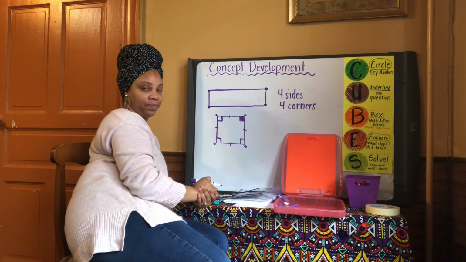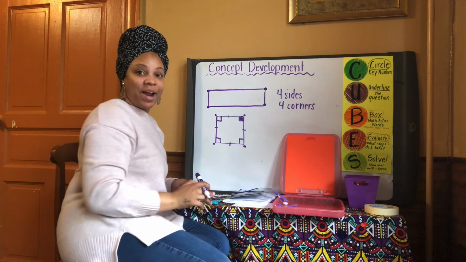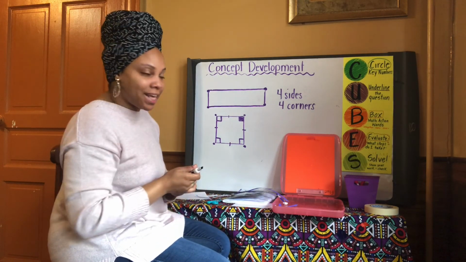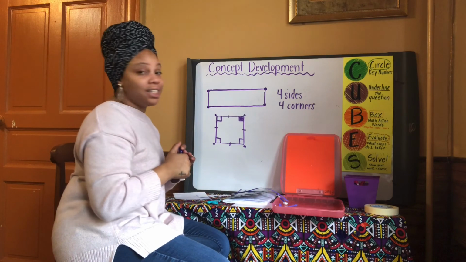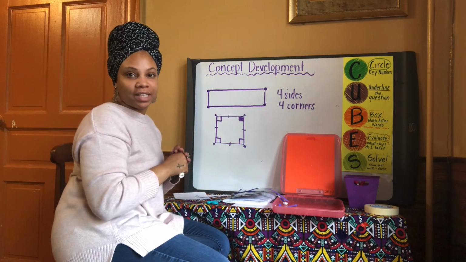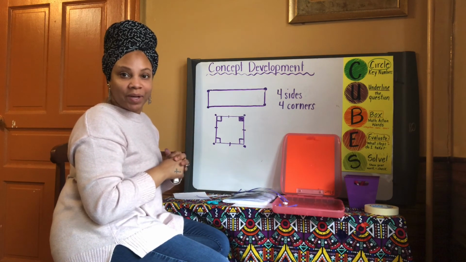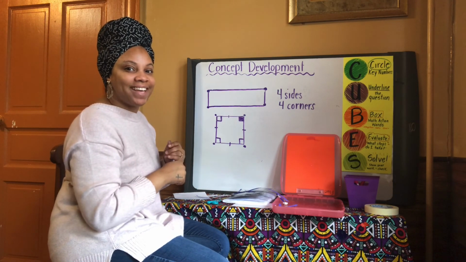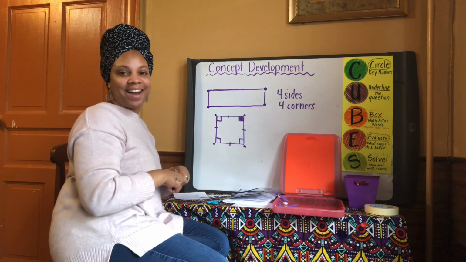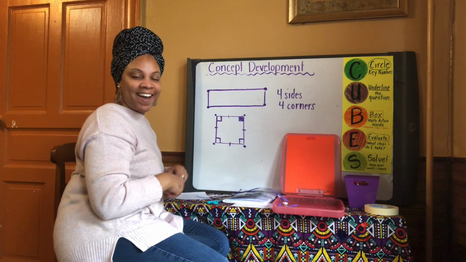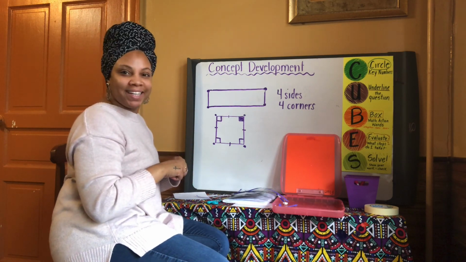Yay, Bo. All right, we have 2 more steps. We want to draw a shape that has more than 4 sides, and then we're going to talk about a shape that doesn't have any sides at all. If you're ready, say, I'm ready. All right, Congo, I'm going to erase our board, and then we're going to keep going with